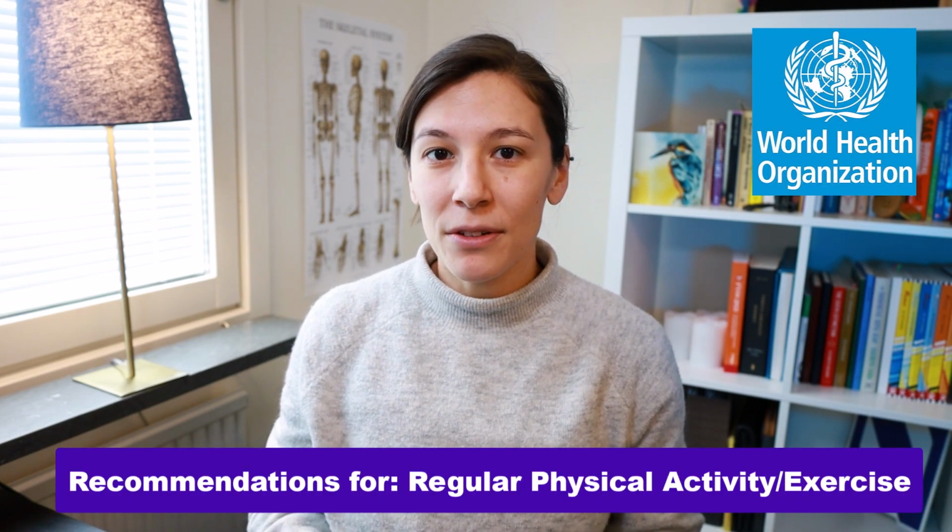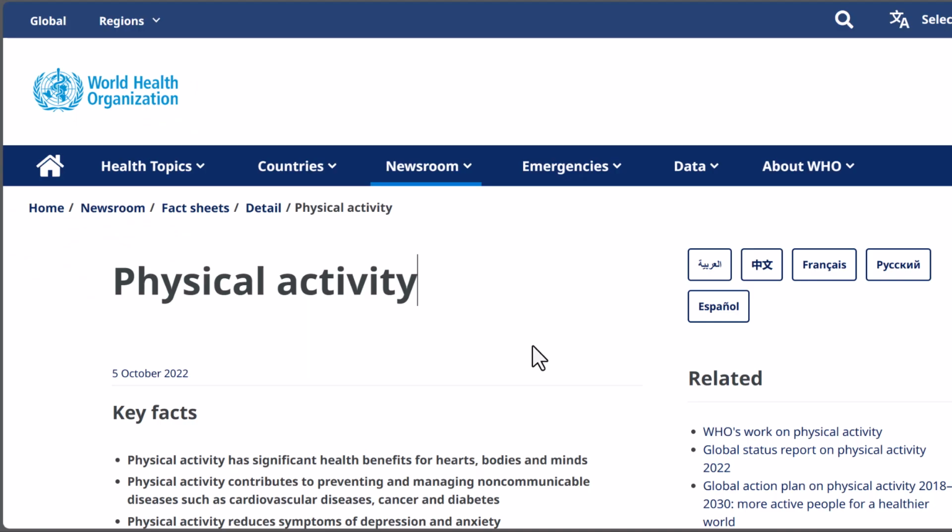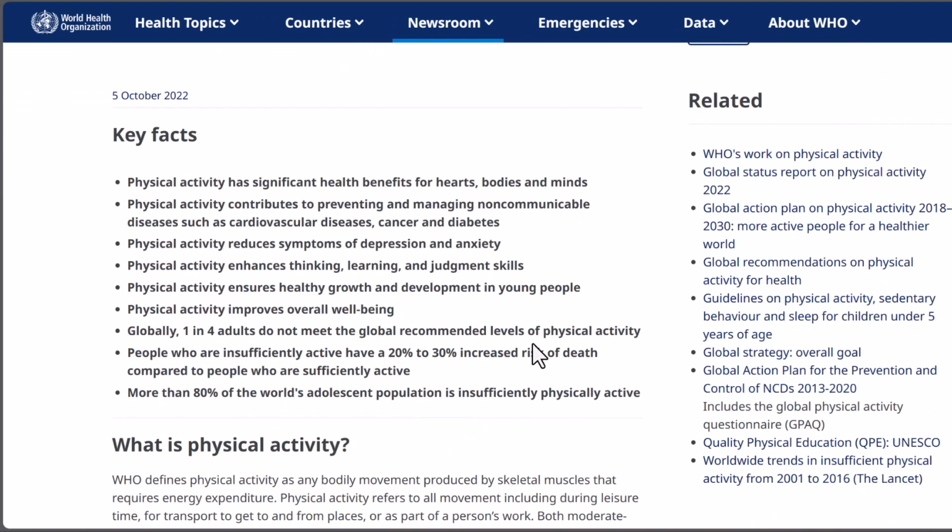Now, we're going to be going through the World Health Organization's website and their standardized recommendations for enough physical activity in adults and adults with chronic diseases. And by the way, their recommendations are based off of decades of research. Okay, so here we're looking at the WHO website for physical activity recommendations, and at the top they have just